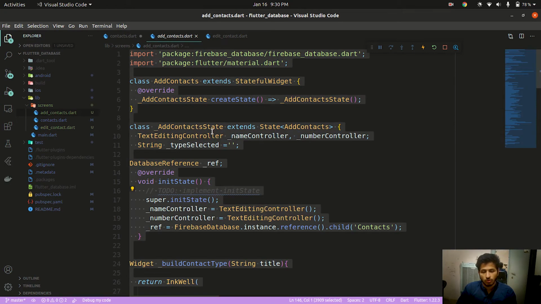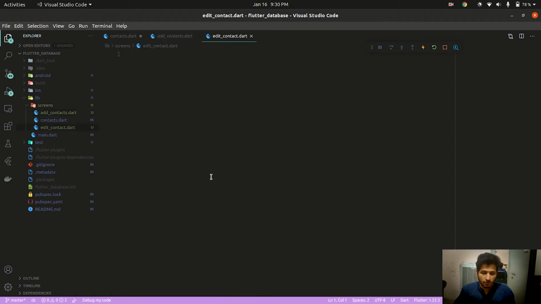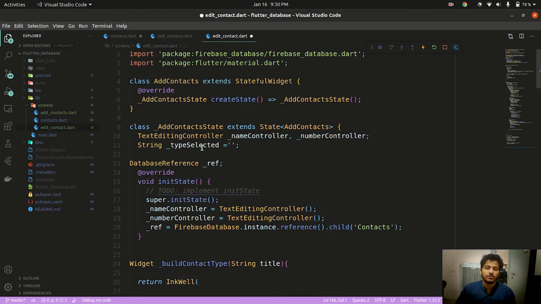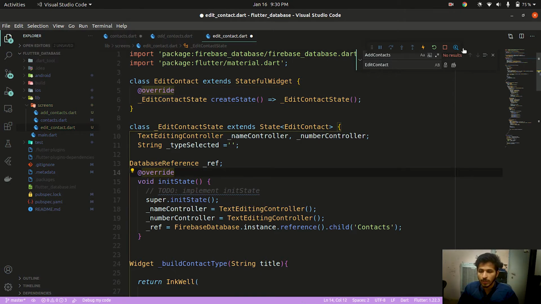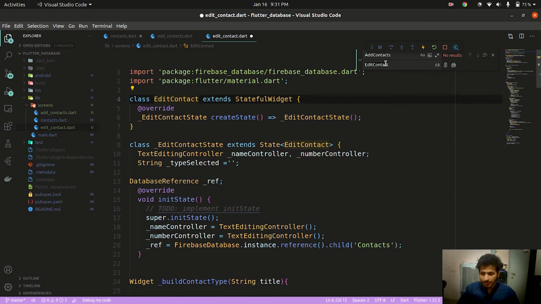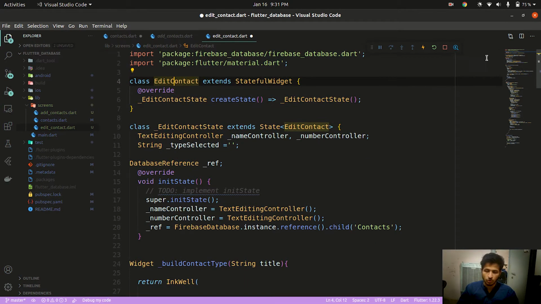Okay, so we don't have to rewrite this code. Let's just copy and paste it on edit contact, and let me just rename it from add contact to edit contact. Let's just rename it all: Control H, edit contact, add contacts, we will replace with edit contact. I will do it for all. So now all the errors are gone. Okay, so if you want to replace it very easily, just use Ctrl plus H on VS Code and it will replace all the add contacts in this page to edit contact, or you can do it manually. It's up to your choice, no issues.